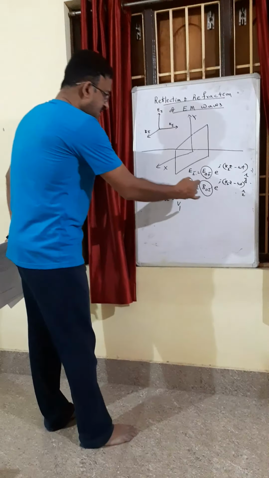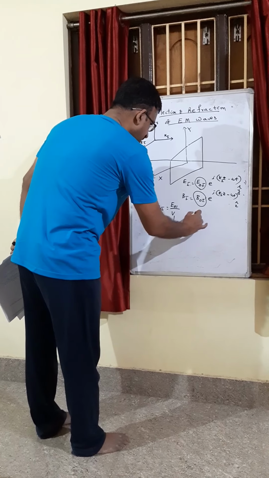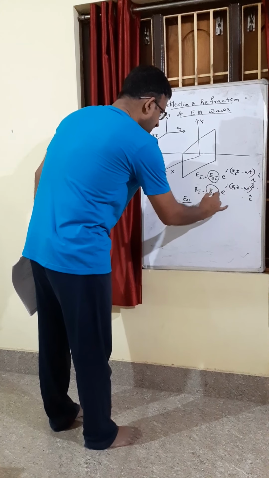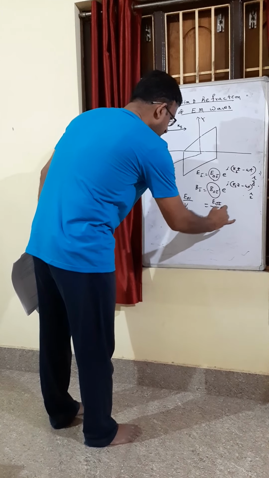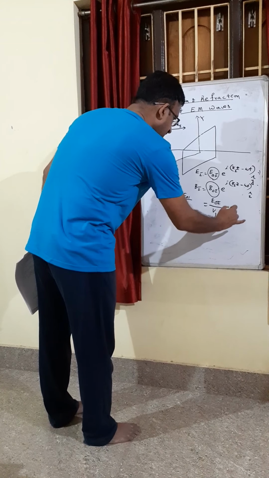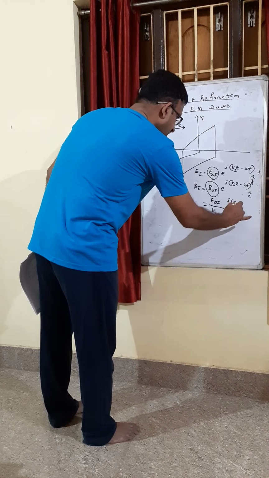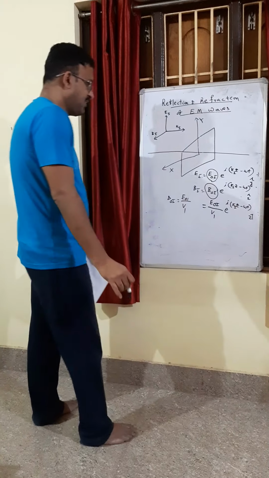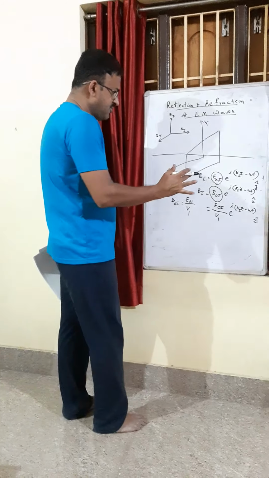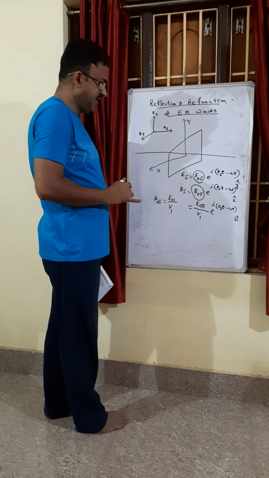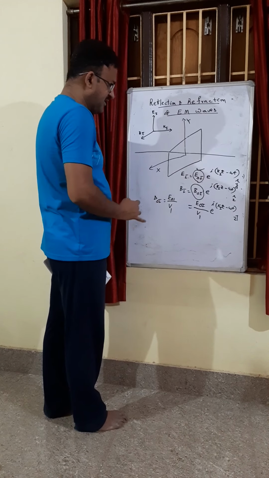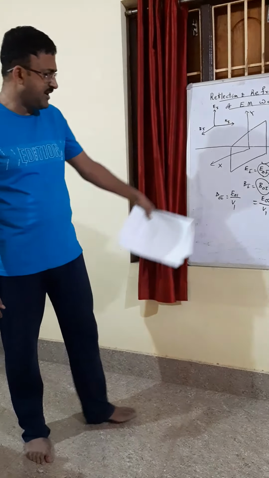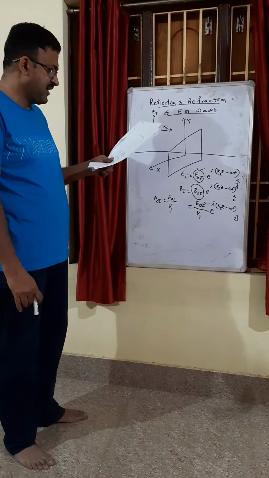Therefore, we can replace the magnitude of the magnetic field in terms of the electric field, like this. So the magnitude of the magnetic field is equal to the magnitude of the electric field divided by V1, times e to the power i(kz minus omega t) i cap. So why is this done? To reduce the number of variables, because this is also in terms of the strength of the electric field, where V1 is the velocity of the electromagnetic wave.